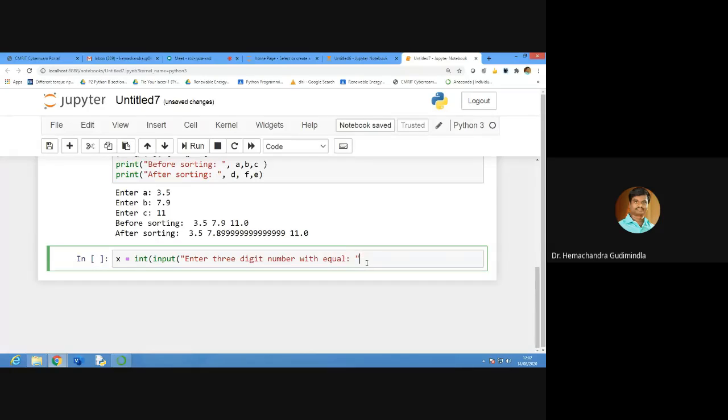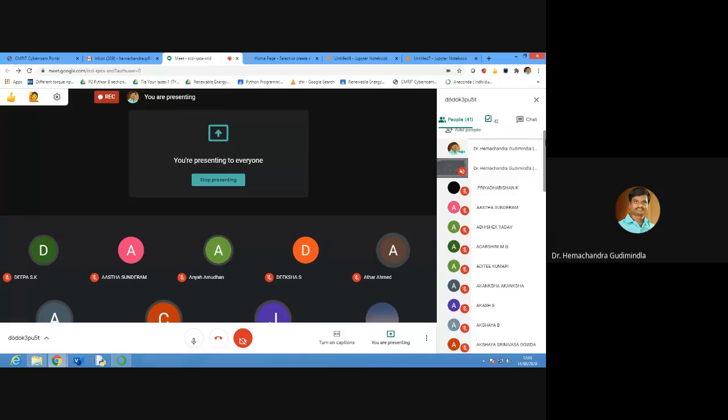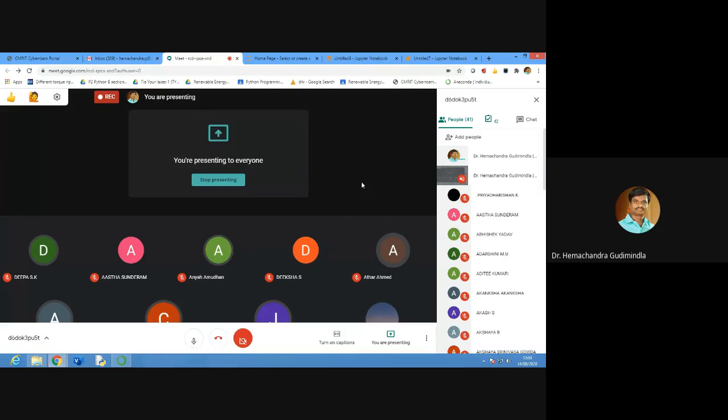Forget about that number. Now let us swap the numbers. How to swap numbers? Diksha, your program we will do in the next class, because it requires some more things. Next week we will discuss that.